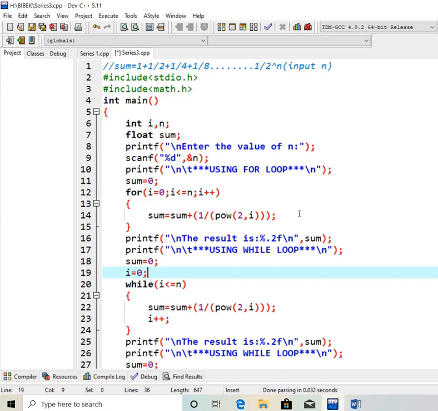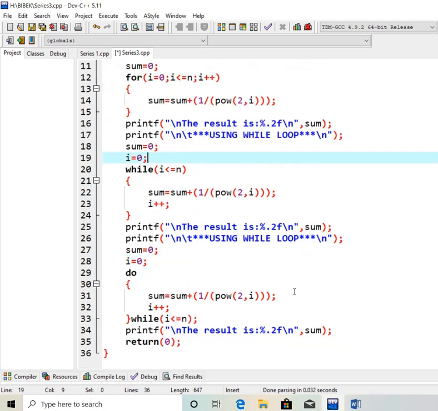So after executing this loop, we have to again initialize n, I and sum equal to 0. Here I am only showing how to write it in a while loop. Then when I use the do while loop, again I have to initialize sum and I with 0. So at last it will print the sum.